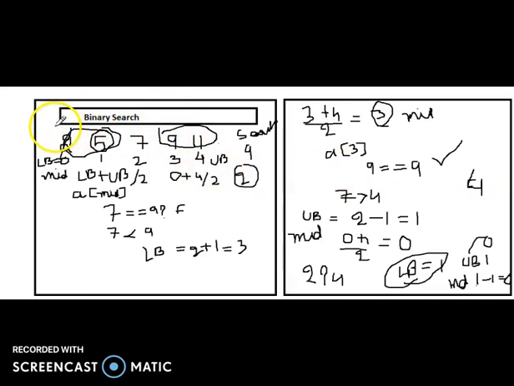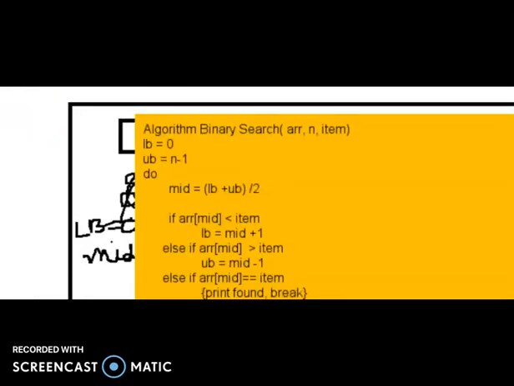So let me give you the algorithm. Now this is the algorithm for binary search. We are given the array ARR, in which all the elements are there. N is the total number of elements in the array, and item is the value that we are looking for. Now lower bound is 0, upper bound is always n minus 1 if we are starting from 0. And then in the while loop, what we will do, mid is equal to lower bound plus upper bound divided